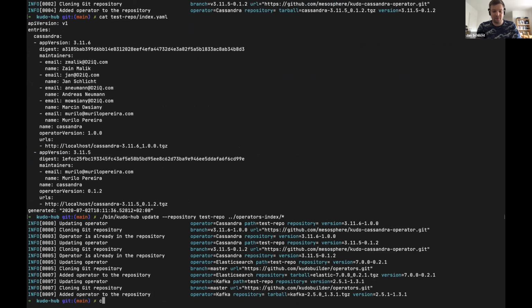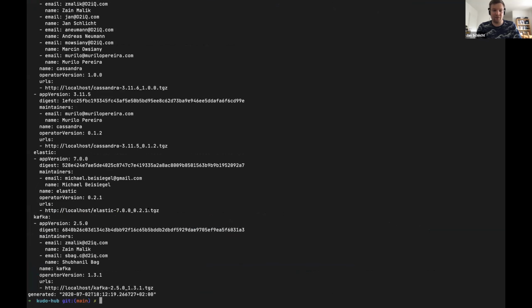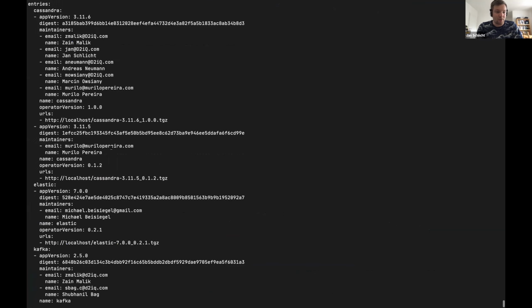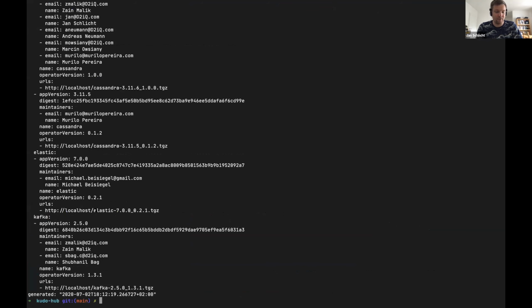Okay, now let's look at the test repo again. And now we see we have more packages here, and also the index has been updated to include Cassandra, what else is here? Elastic and Kafka. And this way, we could have multiple packages as separate files getting updated by respective third-party operator